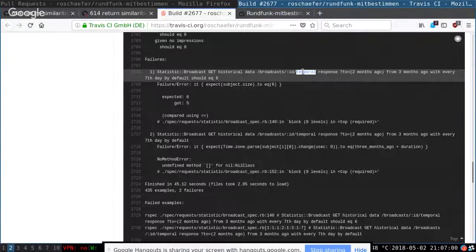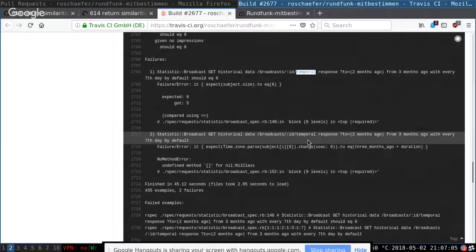Yeah, I removed something I shouldn't have removed, and I ran the wrong test. It's the broadcast model spec which is failing. It's an unrelated test. I don't know why this test is failing, honestly.